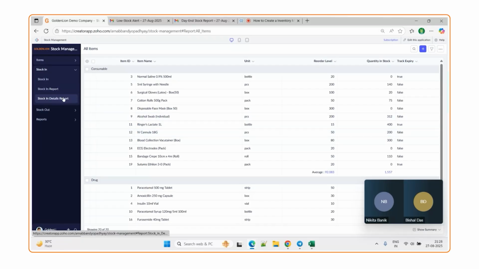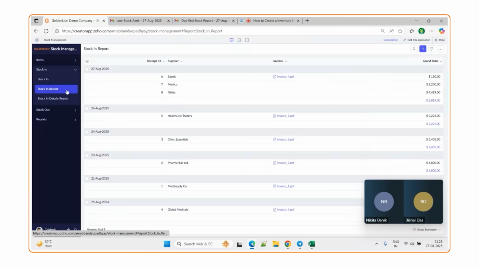Now, if I move into the stock in section, we have a stock in report where I will show you how an item is stocked. First of all, we can see a list view here where all the stocking transactions are grouped by every date. For example, what we understand from here is that on 27th August 2025, there are three stockings that are of value 150,